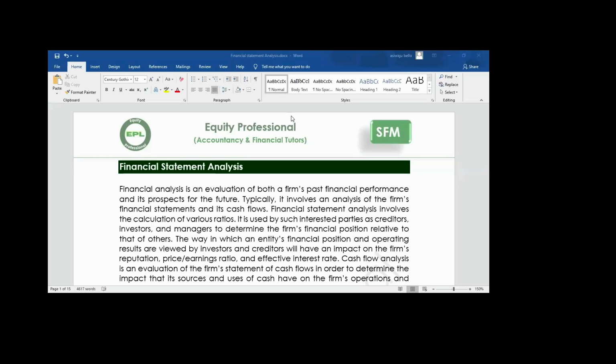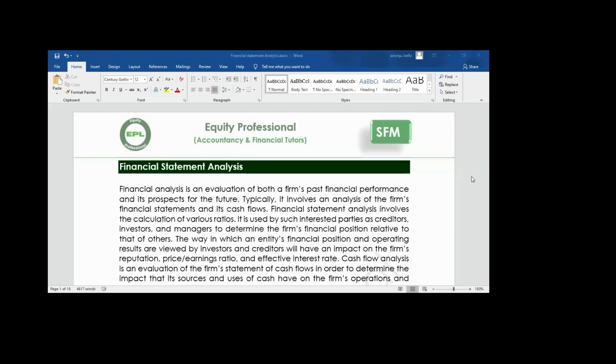So at every point in time, you are carrying out financial analysis. There are two things you are trying to do. You are trying to look at the company's past performance. Again, you want to assess the company's future financial prospects. Typically, financial analysis involves analyzing the firm's financial statement and its cash flow statement. To analyze a company's financial statement, you can take three approaches. You have three approaches